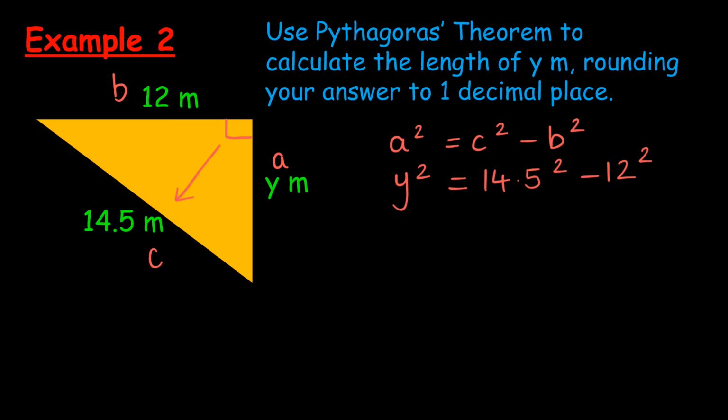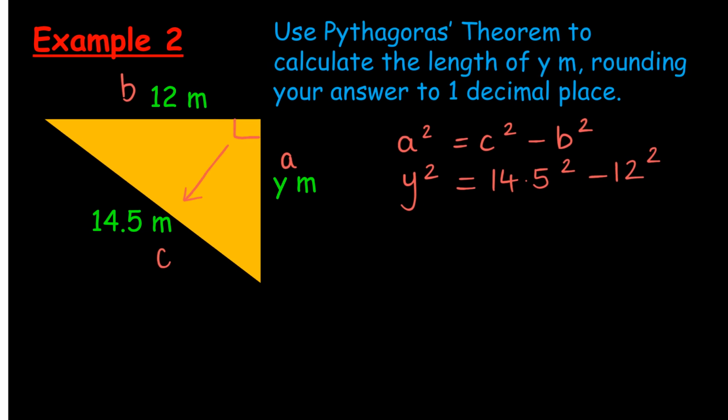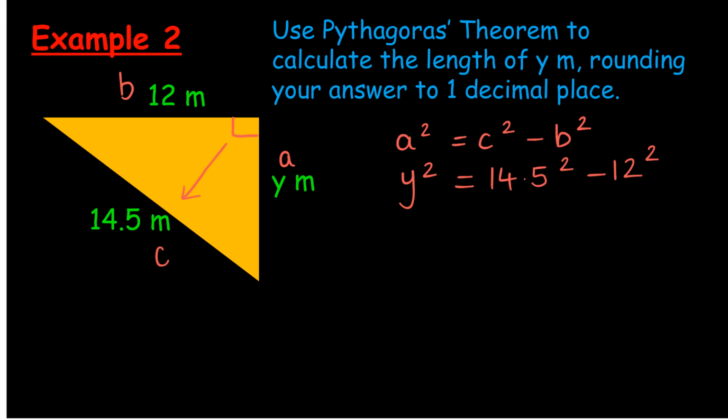We won't be able to do 14.5 times 14.5. And a clue is that if it's got a kind of pointer in the question to round it to a certain number of decimal places, like this one does here, then chances are you're probably going to just use a calculator for it. So y squared, when you take 14.5 squared and 12 squared away from each other, comes out to be 66.25,